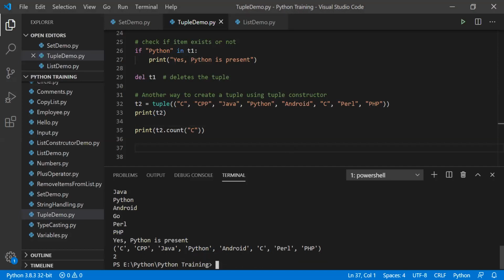Now you can see 2 is printed in the console. We have got the output 2. So C is present 2 times. That's how it will work.